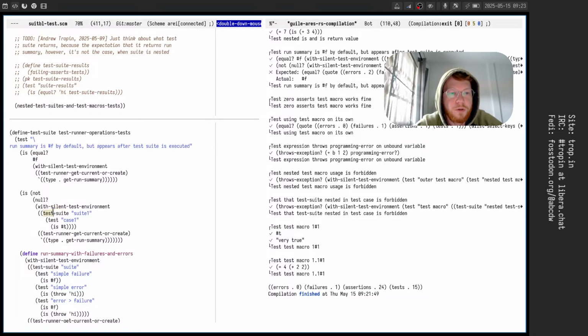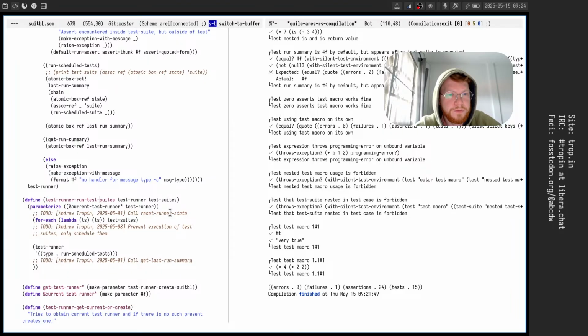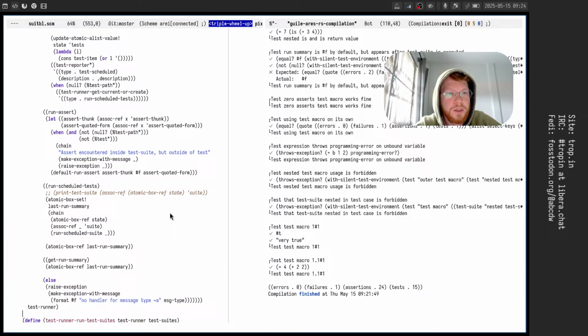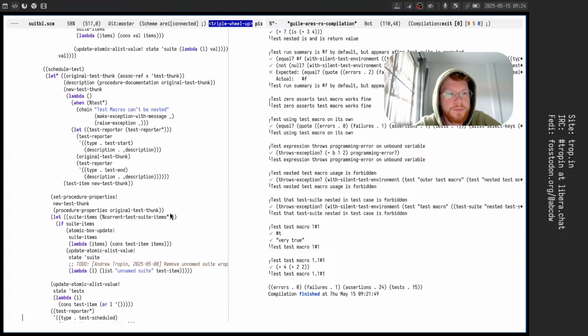Okay, we have a top level test suite call. Run summary is default but appears after the suite is executed. And it's not executed here. I would like to have a separate test that test suite returns something, but I guess we already have a to-do related to it. So what we can do in our